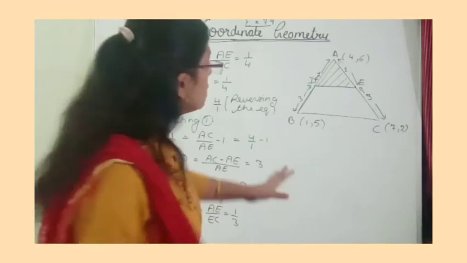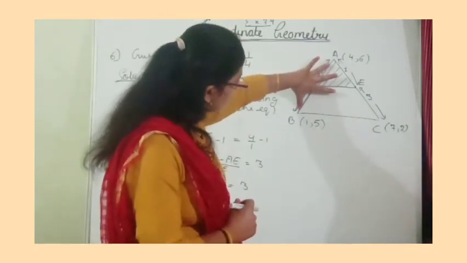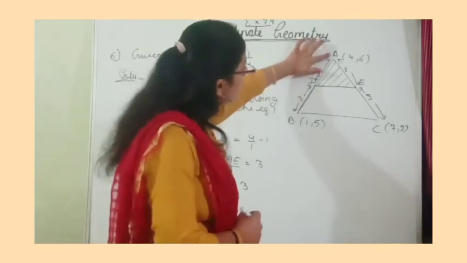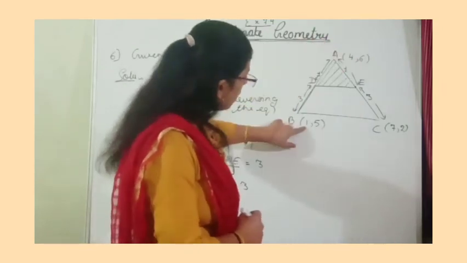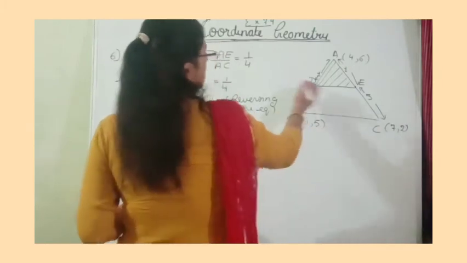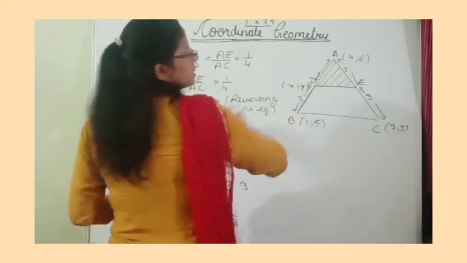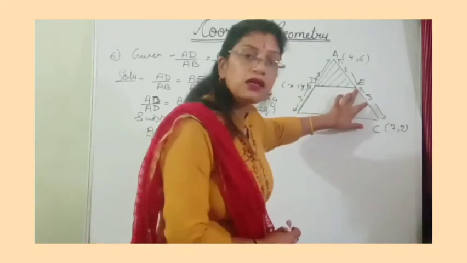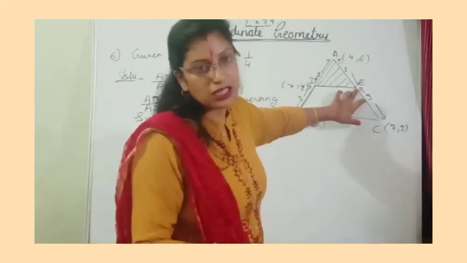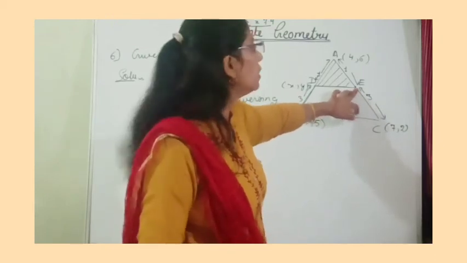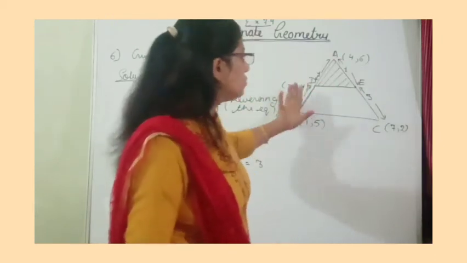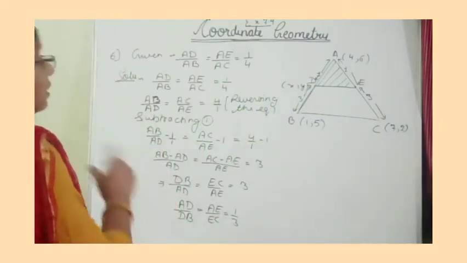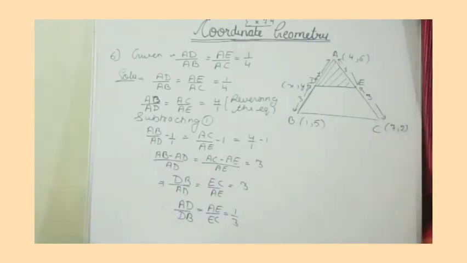So we got the ratio now. That means in this we have m1, m2 and x1, y1, x2, y2, so we can find easily the coordinates of point D. In the same way, here also on AC, a line is dividing in a section, and by the section formula we can find this also. So let us start by finding the coordinates of point D very first.